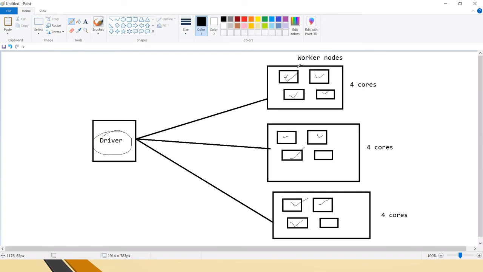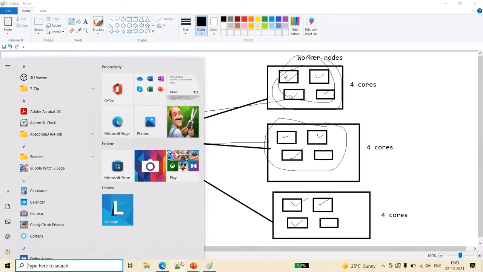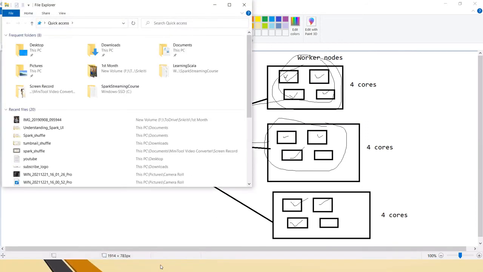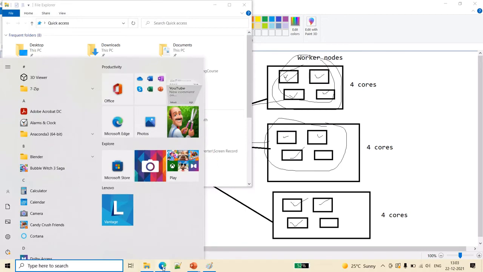Till then the transformations will be performed inside these worker nodes, and once the action is triggered, the results will be sent back to the driver. Sometimes the driver will collate and send to the end user. So this is how the task will be performed when you submit the Spark job.